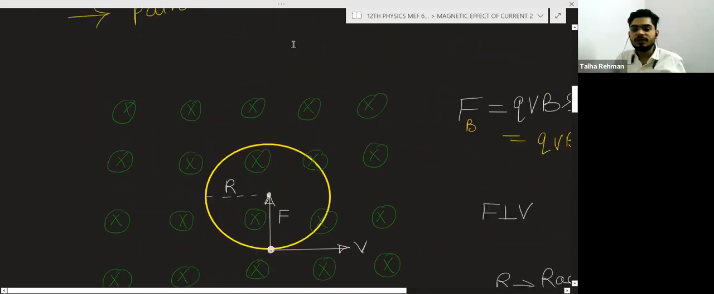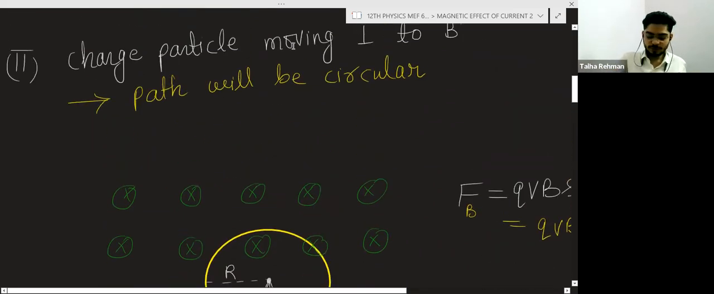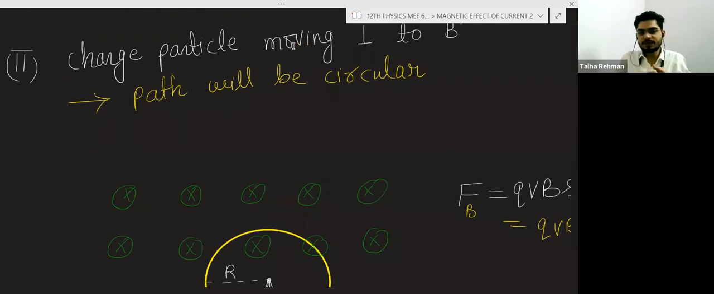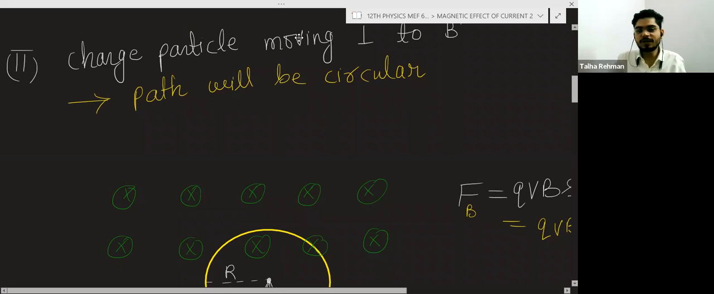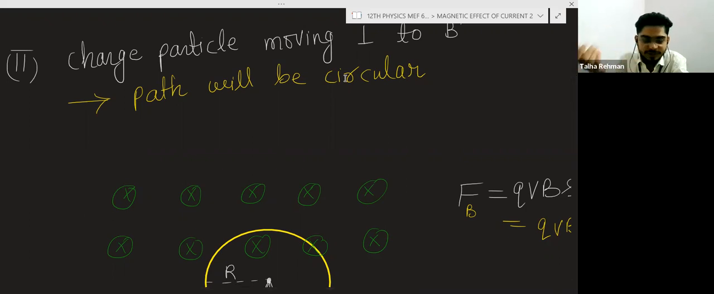Okay, you can just revise your notes. If you have any doubts regarding the previous chapter, you have to revise along with the chapter that you are studying, and if you have any doubt regarding